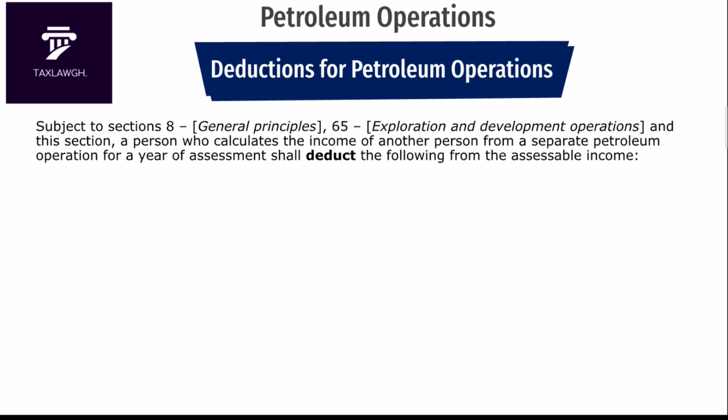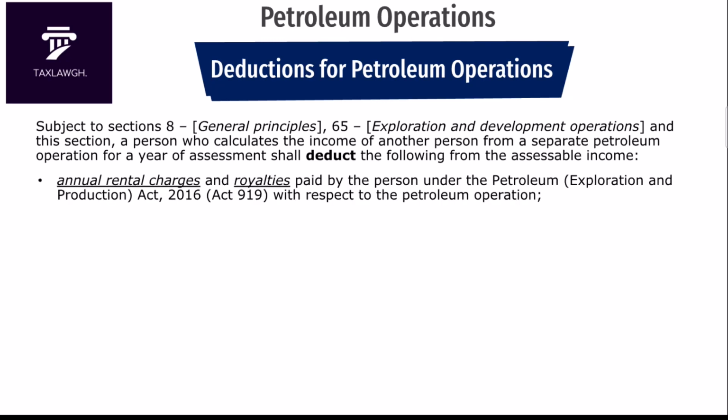In this particular section, any person who calculates the income of another person from a separate petroleum operation for a year of assessment shall deduct a number of things from assessable income. Number 1 is what? Any annual rental charges and royalties paid by the person under the Petroleum Exploration and Production Act of 2016, Act 919, with respect to